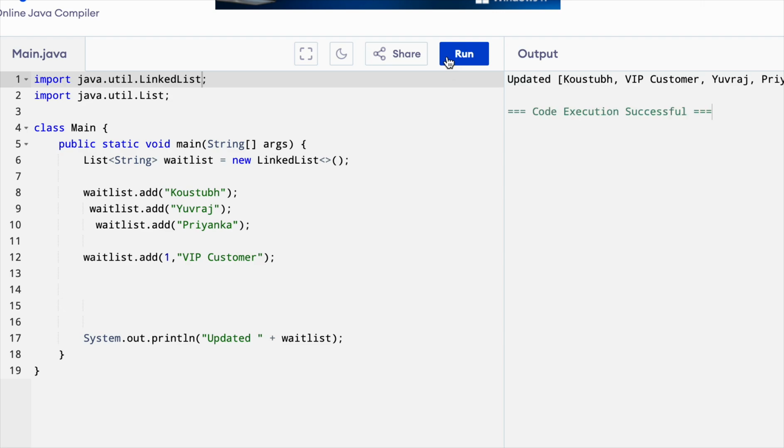Okay, so here you can see we added that VIP customer in the second position. In an array list, other operations can't be done easily, but you can do them easily in the linked list, because here we work node-wise. And if you want to remove elements, then you have to use the waitlist